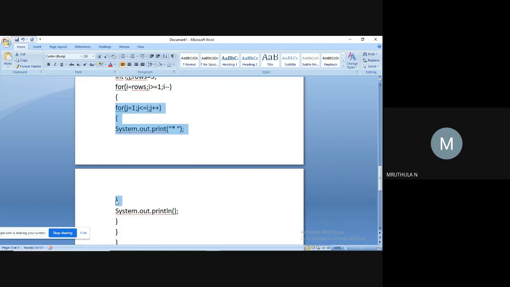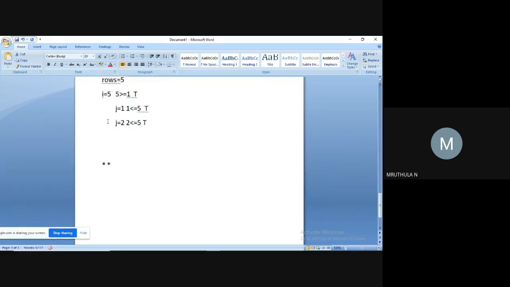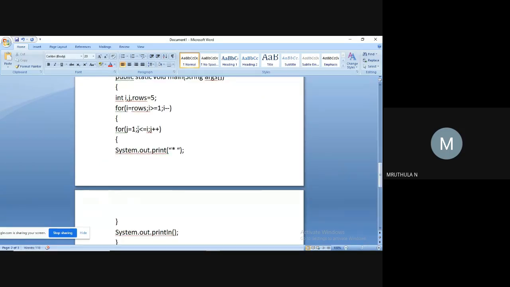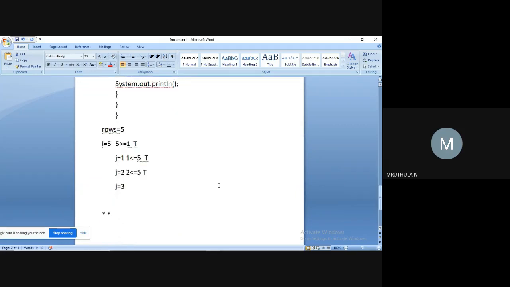Again it says the closing braces of for loop of variable j. So the value of j will be incremented, j equal to 3 now, and it will check the same condition, j less than or equal to I. 3 less than or equal to 5, condition is true.